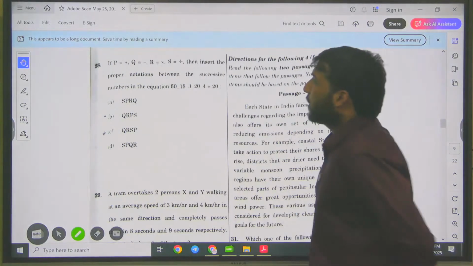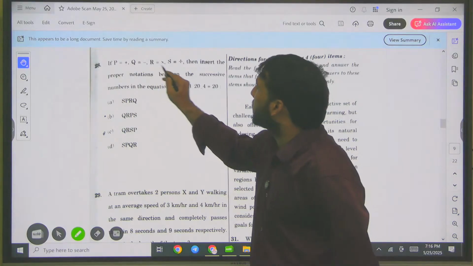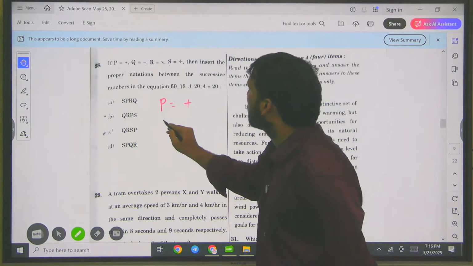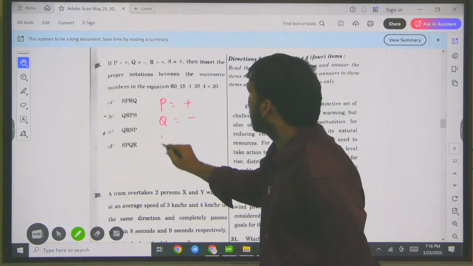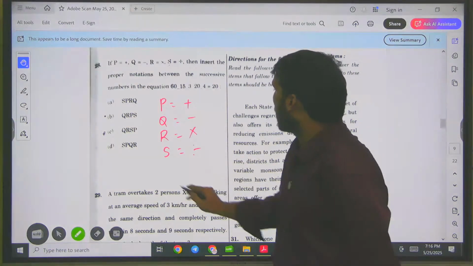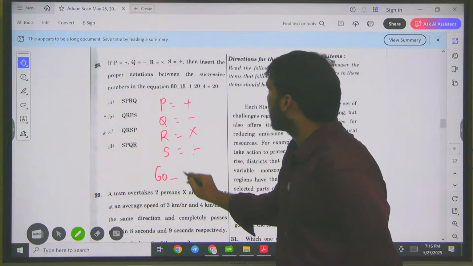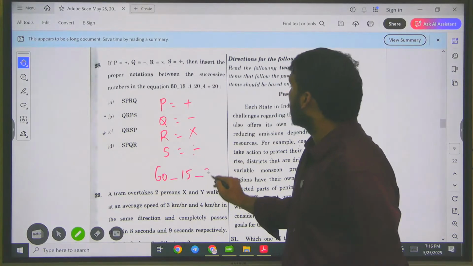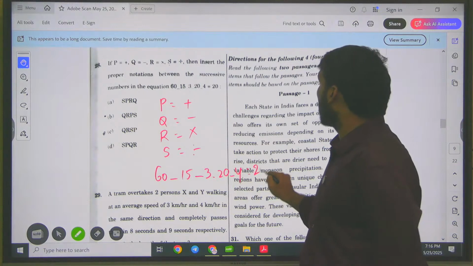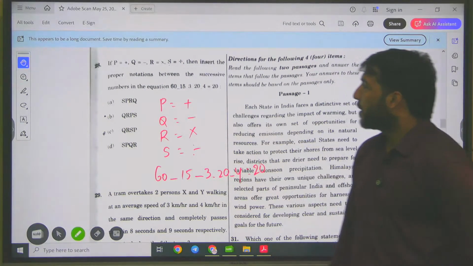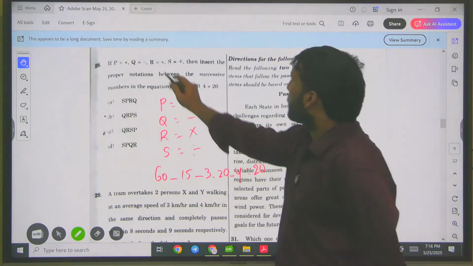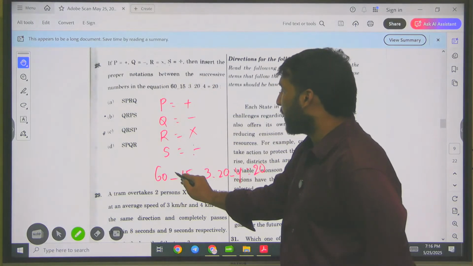So P is equal to plus, Q is equal to minus, R is equal to into, S is equal to divide. He gave these symbols, and is asking that 60 dash 15 dash 3 dash 20 dash 4 is equal to 20. We should get the answer as 20. See, by observing this, I can surely say that S is division, right? If I get division here,